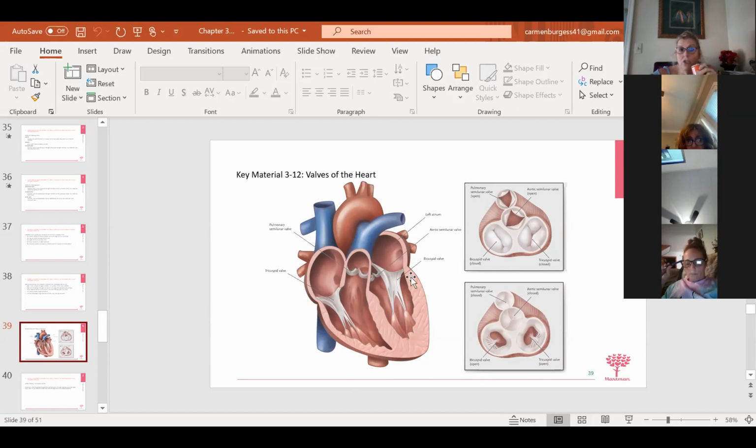And you see this picture is good, it shows you the valves. You have your tricuspid valve, your pulmonary valve. This is your aortic valve. This is your bicuspid valve. This is that mitral valve. And what is the point of these? They're keeping the flow. So if I had mitral valve disease and this was not letting blood flow clearly, what's